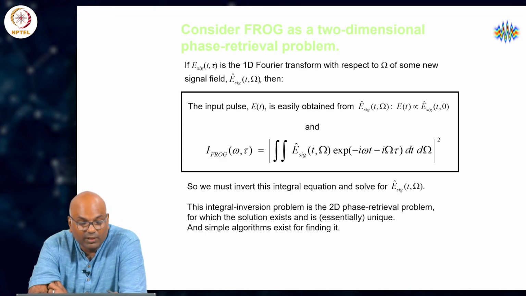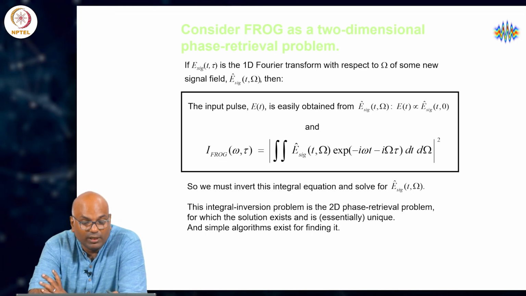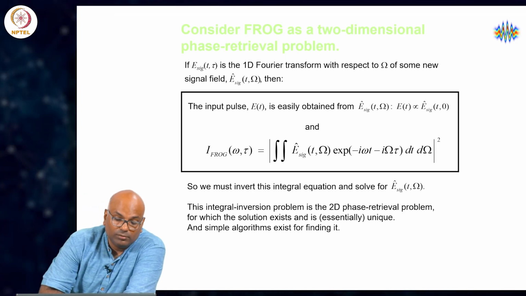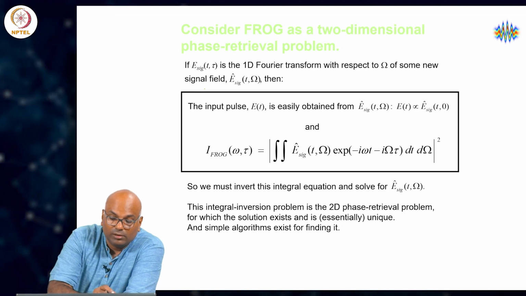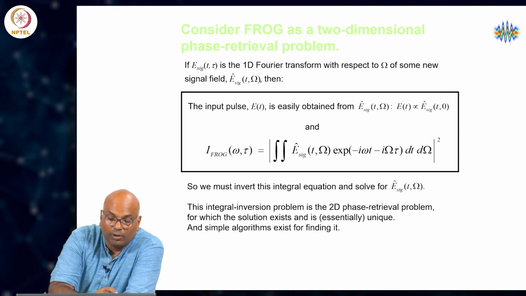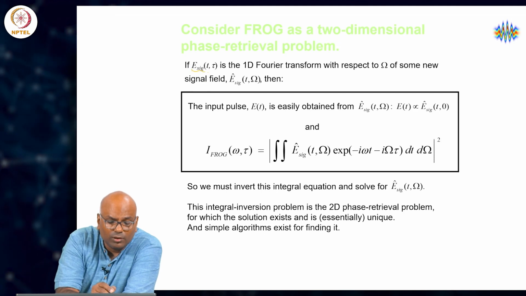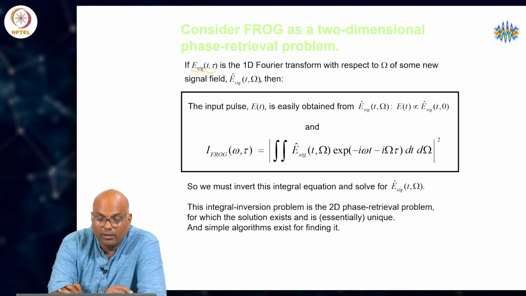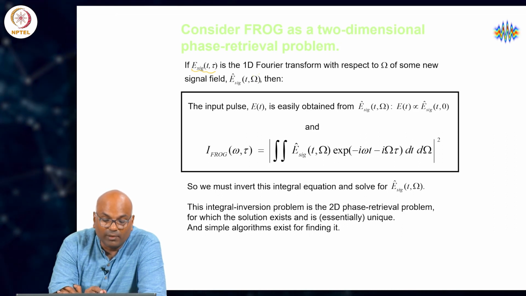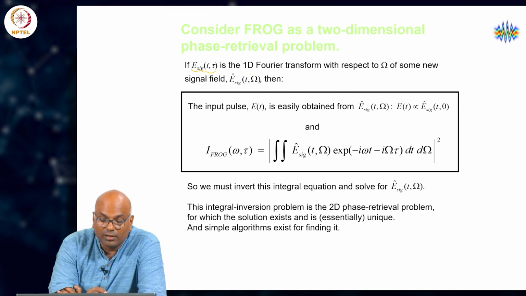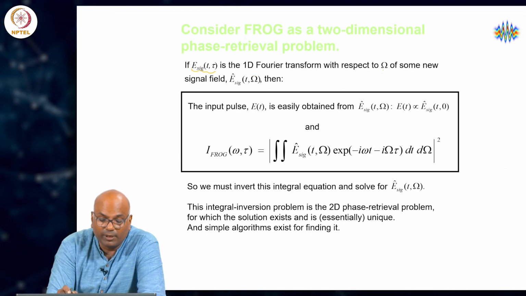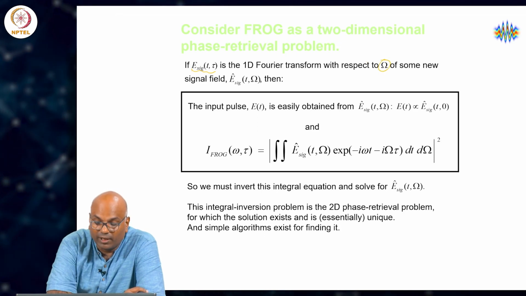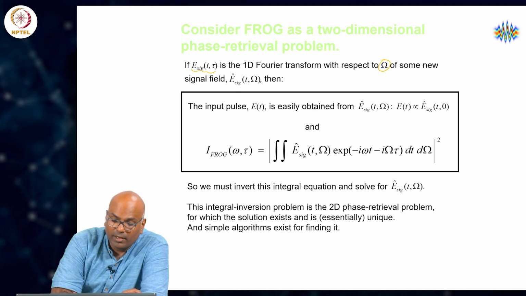So, what we have done so far is we have essentially done a 1D Fourier transform of this two-dimensional function E signal of t and tau in the process of making this interferogram. Okay. This is a 1D Fourier transform with respect to a corresponding frequency variable, which is gamma,